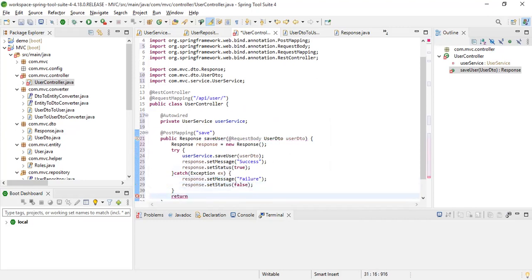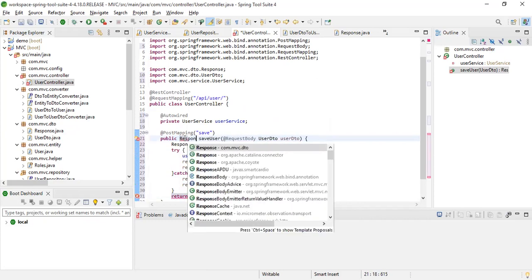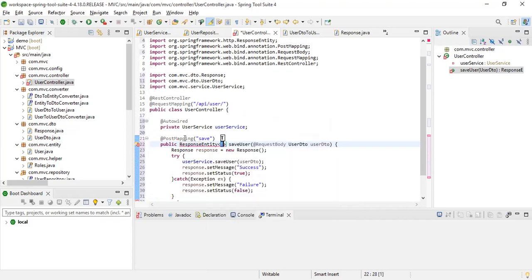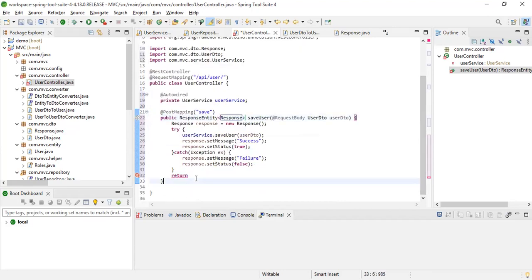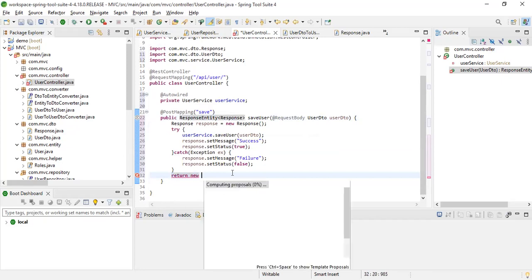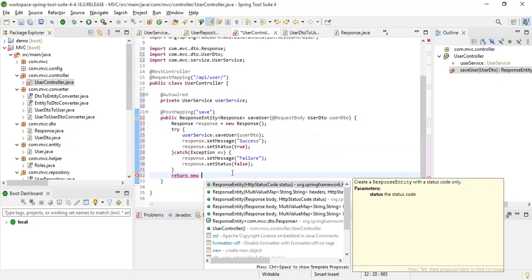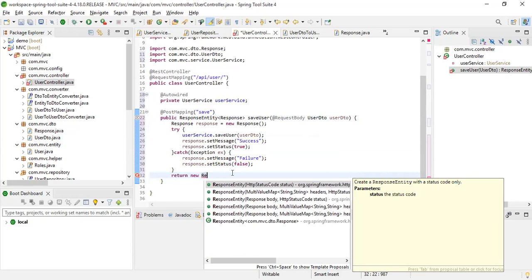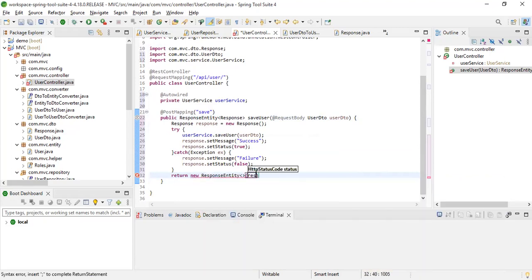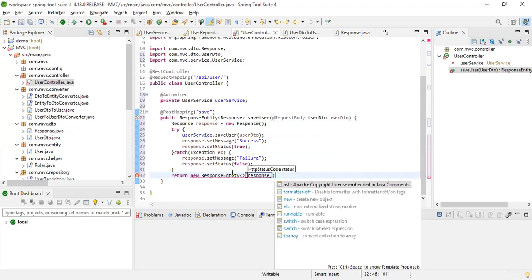Return. Okay, this should be returning ResponseEntity. Now, what is ResponseEntity? I will tell you. So, what is ResponseEntity? Do you guys know the status? 404, 200, 500, 401, 503. So this is called your status. Okay, so you have to use this one, ResponseEntity, and you will send the response, and you will say,